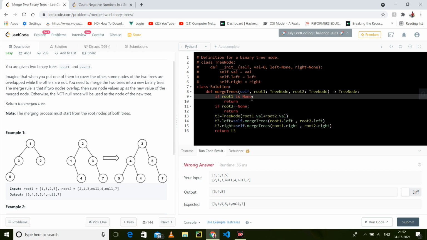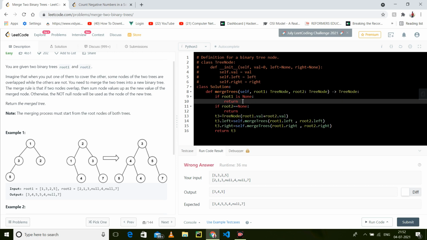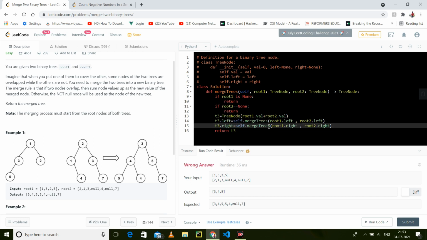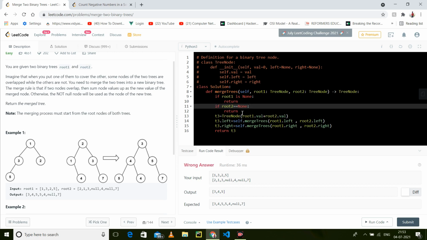If it is root 1, and we call this, in this case it will work fine, but when I call this, then it will go there and check. Okay, so this is wrong.